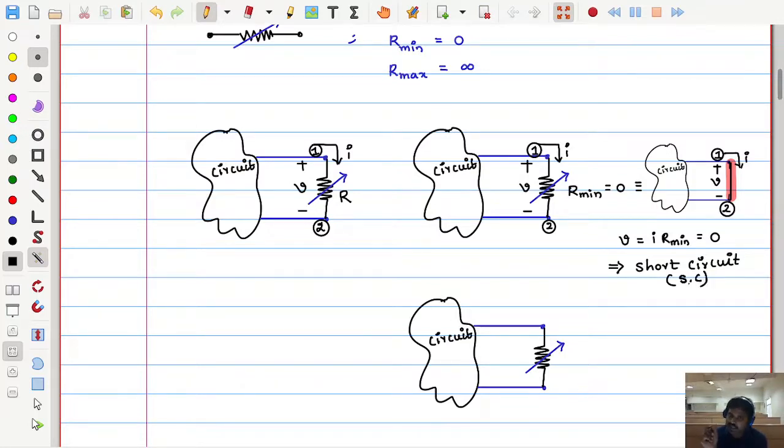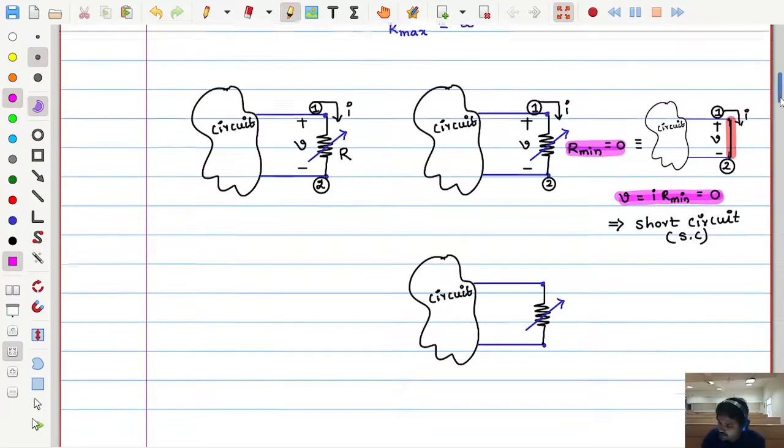So what is the important characteristic of a short circuit? Voltage across the short circuit is zero. And what is the other characteristic? Resistance is also zero. These two things you should observe very carefully; these are very, very important points. So one is short circuit resistance: when resistance is zero, that is called a short circuit basically. In that case, the voltage of that element is also zero. These are the two important things.